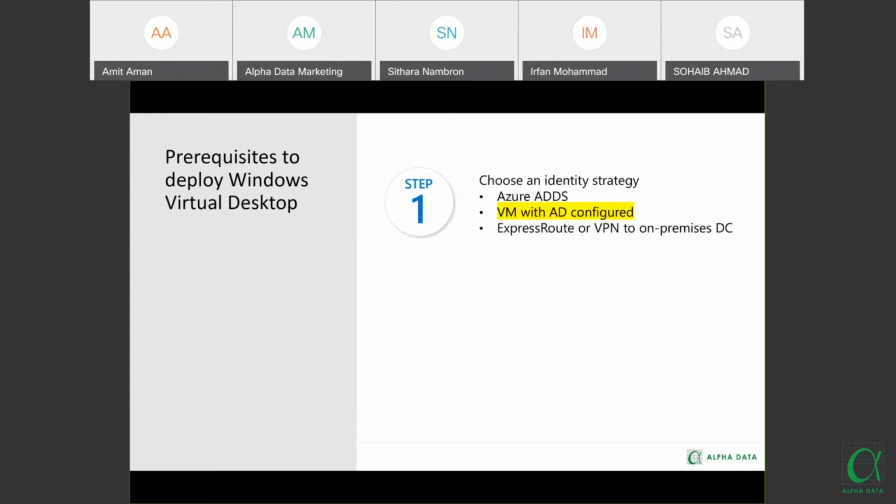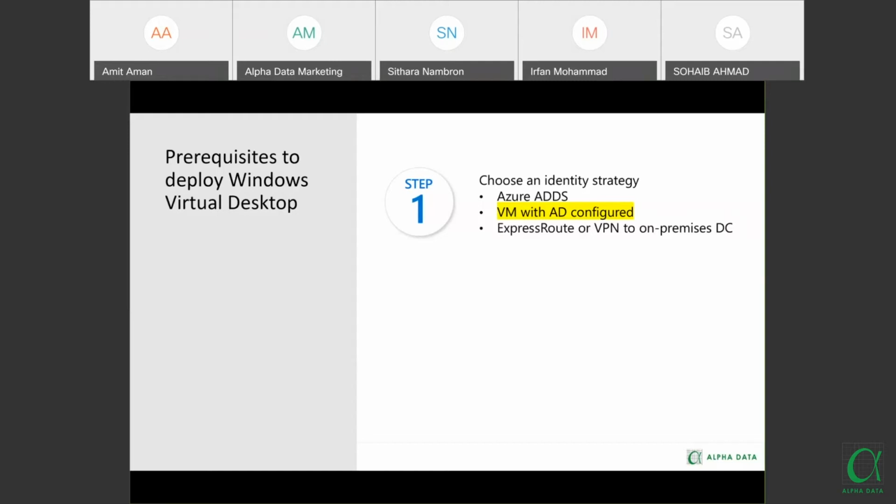If you have a hybrid identity where some of your workload is on-premise and some is on the cloud, you can create a site-to-site VPN and sync your on-premise domain controller to get authenticated from the cloud.